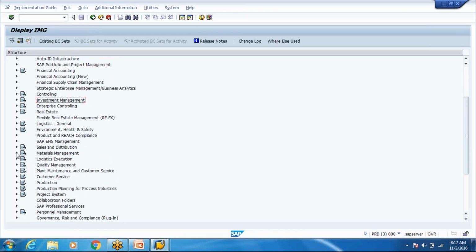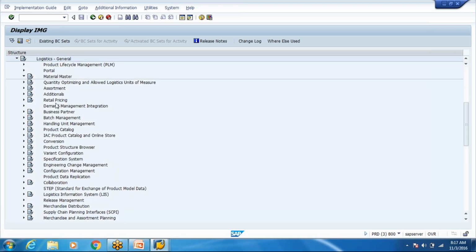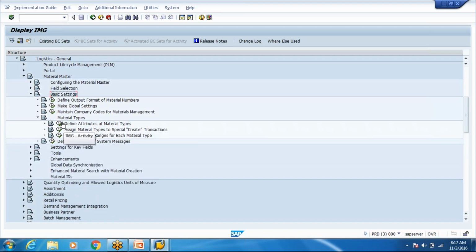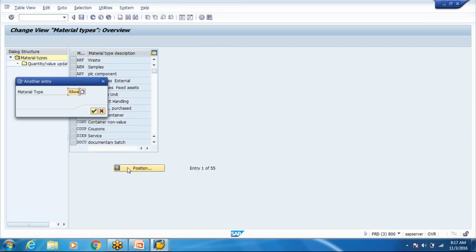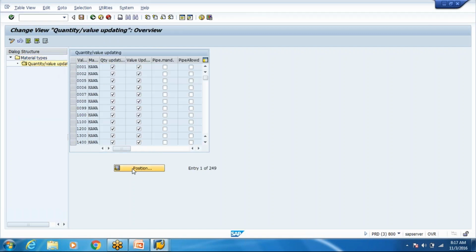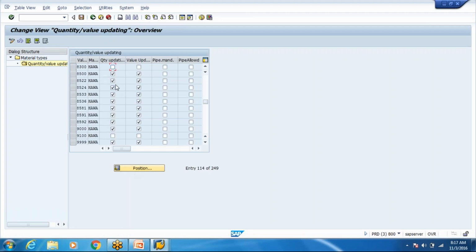Which plant did you copy your plant from? Yes, 8000 or 8200. From that I had copied. Okay, let me quickly check. Master. So its material type is convention 8300. Okay, I think you have copied from which plant?